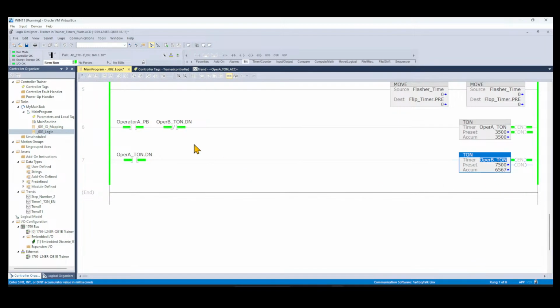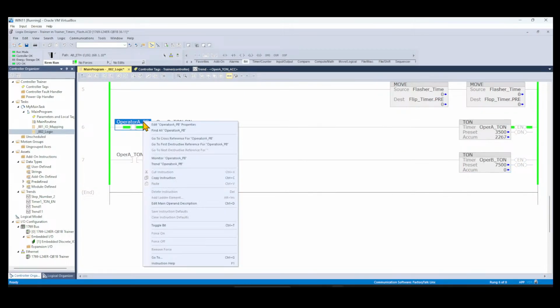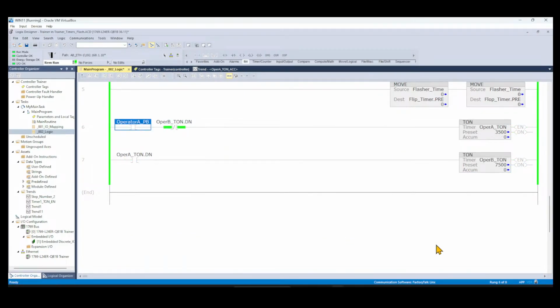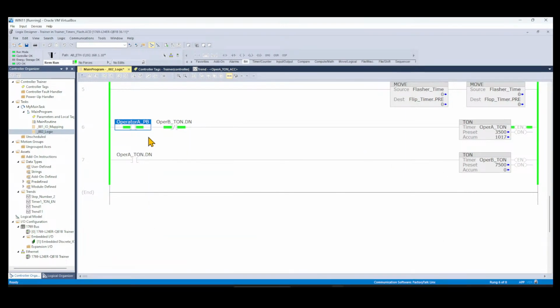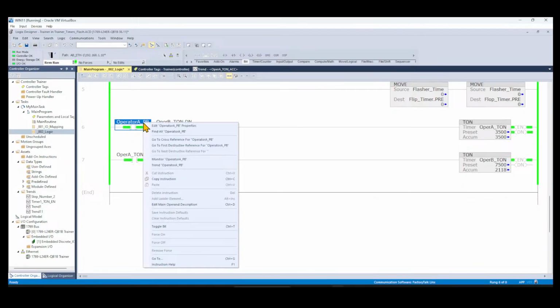And once this timer is done, all I have used is the timer not done, which would be low for a scan. That's long enough for this timer to restart. So now we are in a loop until operator A takes his hand from the button. So that's how it works. To start a timer, we go ahead and push the button, the timer starts, and then once the timer is done, the operator